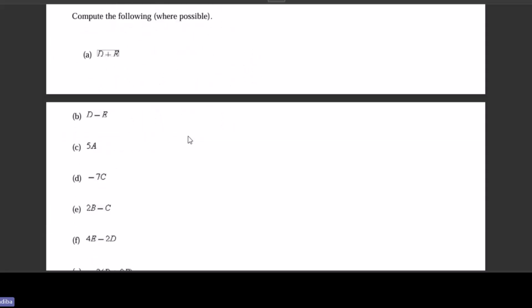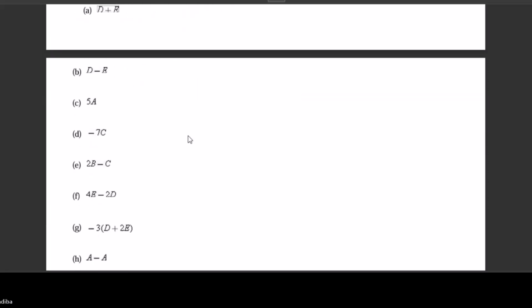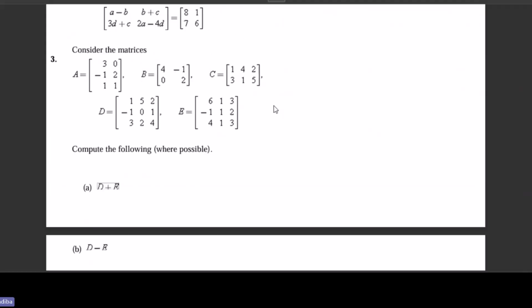F, let's see what F is saying. For E minus 2D. Now let's go to the matrices. For 4E minus 2D, any volunteer? TK, yeah. Okay. So for 4E minus 2D,